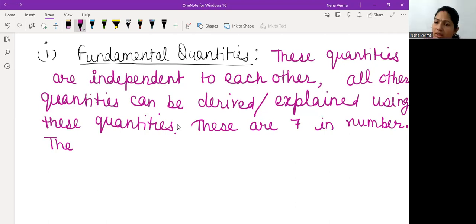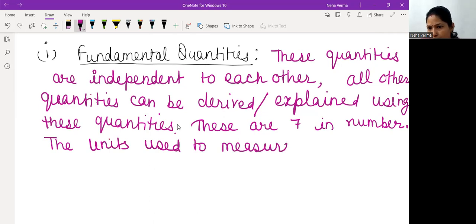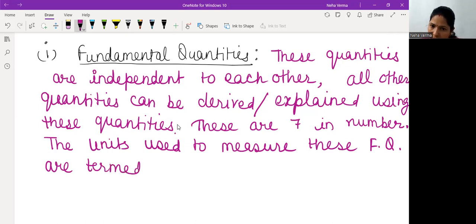The units used to measure these fundamental quantities are termed as fundamental units. For example,